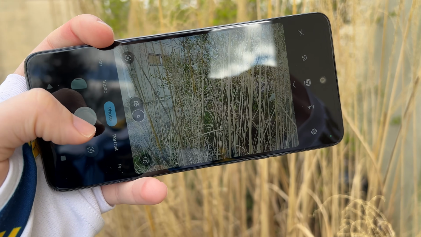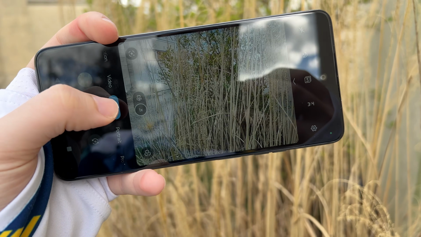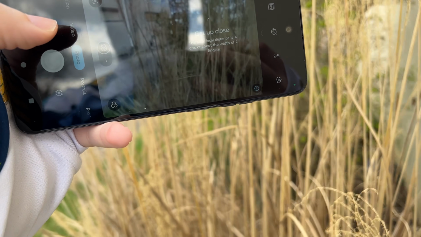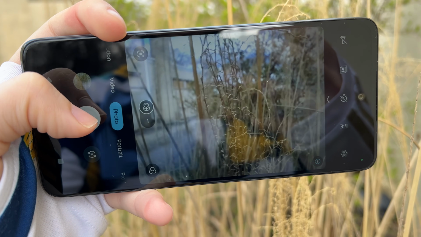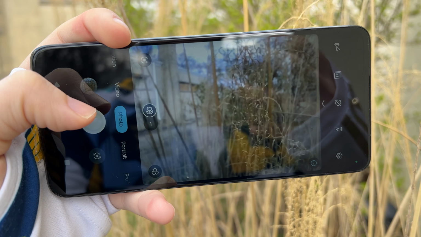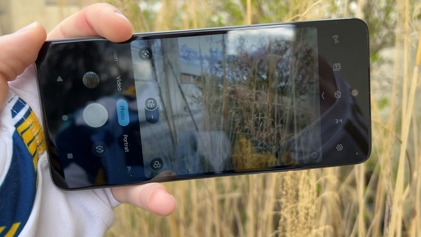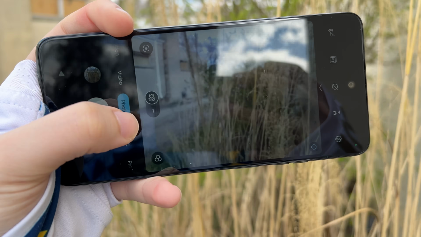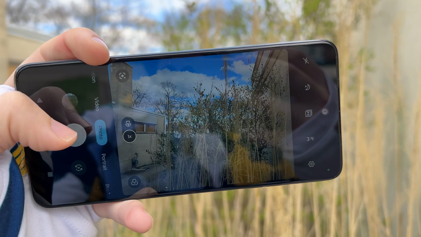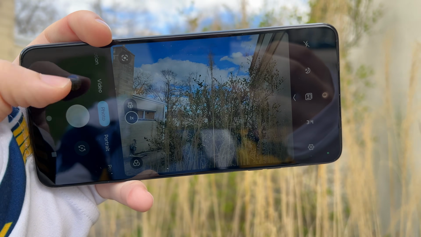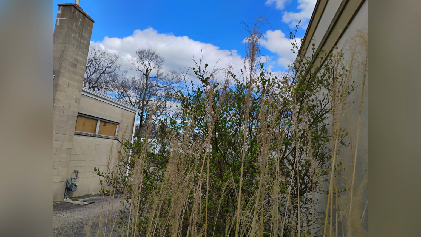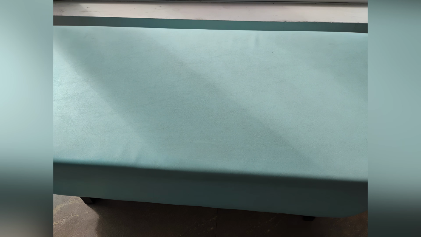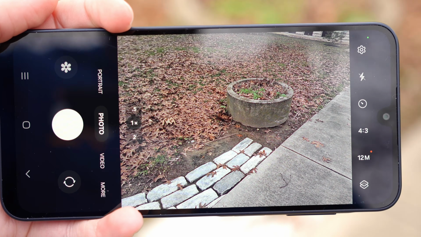But when it comes to the user experience, the Moto G 5G has a pretty solid, pretty quick user experience, just what you would expect, honestly, from Motorola. The focusing system could use a little bit of work, but if you can get the phone to focus in decent daylight conditions, you can get some alright shots, to be honest with you. That's just all your expectations when it comes to these types of devices. So you'll get decent shots. They're not going to be the best that you'll ever see, not the best dynamic range, not the most color accurate pictures, but they're okay. Similar story to the Galaxy A16.